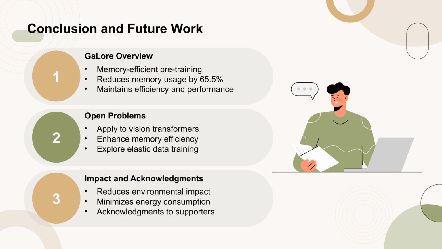In this paper, the authors propose GaLore, a strategy that significantly reduces memory usage during the pre-training and fine-tuning of large language models. GaLore achieves a reduction of up to 65.5% in optimizer state's memory usage while maintaining both efficiency and performance. The authors also identify several open problems for future research, including applying GaLore to other types of models like vision transformers and diffusion models, further enhancing memory efficiency, and exploring the feasibility of elastic data distributed training on consumer-grade hardware. Additionally, the paper highlights the environmental impact of their work, aiming to reduce the carbon footprint associated with